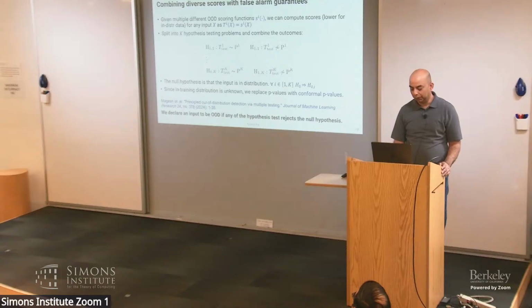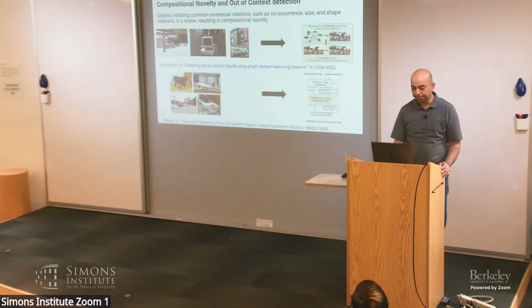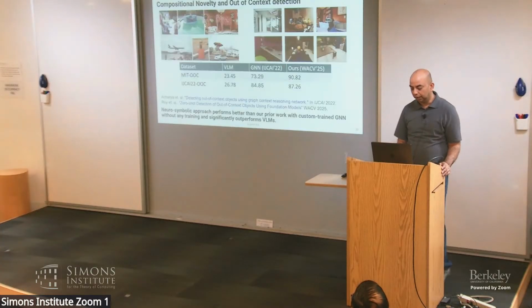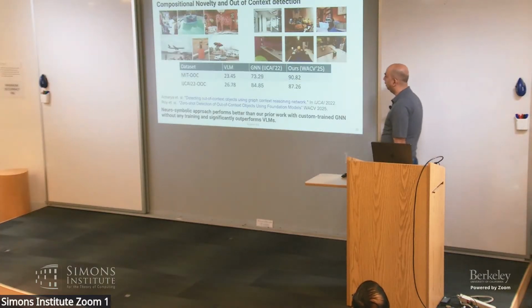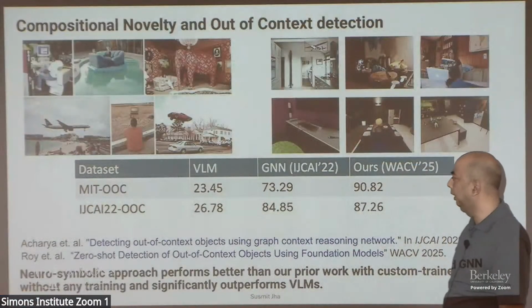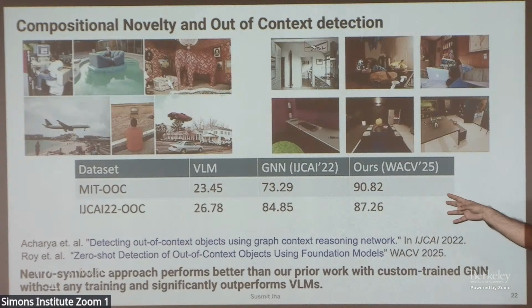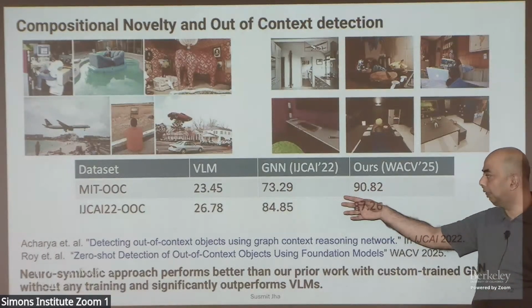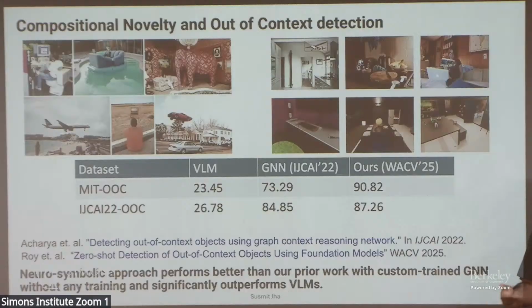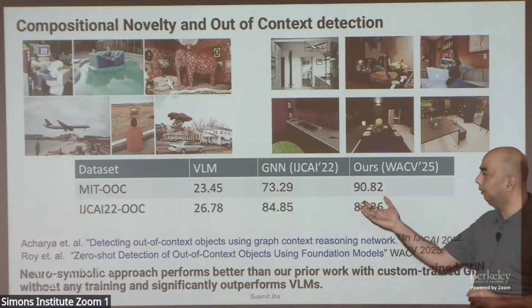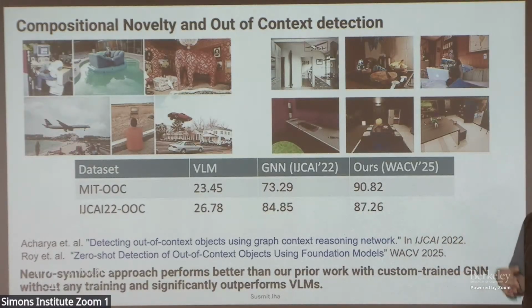Okay, so we've had quite a few questions. So what I will do is quickly show you that if you are looking at all these data sets that exist for out of context detection, this method seems to do well without any fine tuning. Our own method, which uses graph neural networks, required a significant amount of training. It required context to learn what other valid compositions are. That seems to underperform. And if you just call a visual language model without all these other layers, then it clearly does poorly.